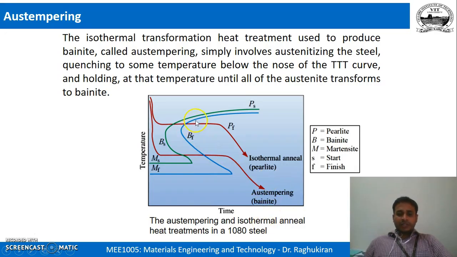This is a particular TTT diagram for the case of 1080 steel. That is one thing. Now if you see this TTT diagram,